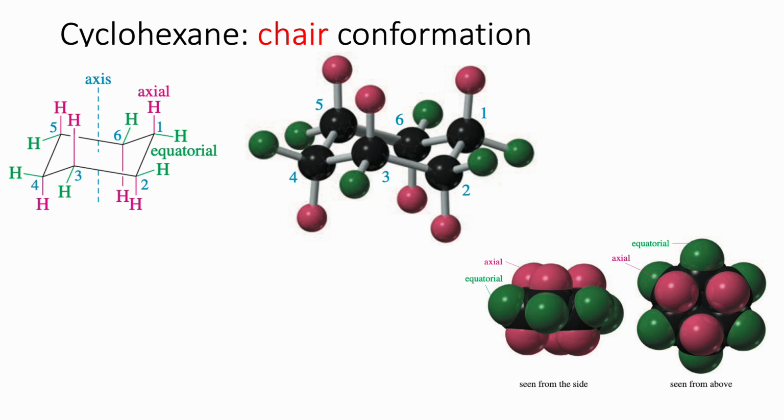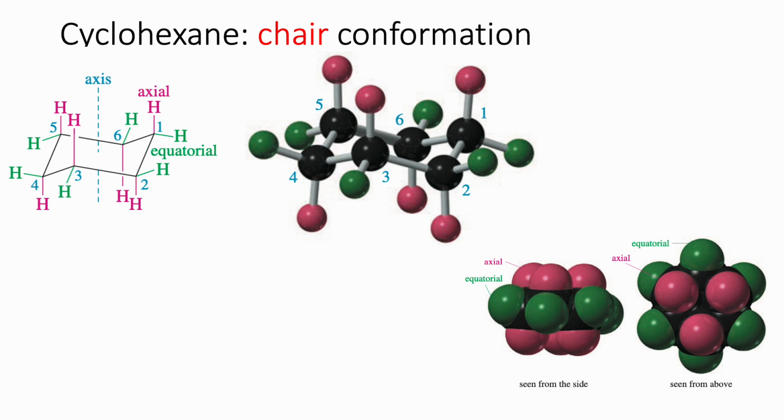When you look at the pink atoms on the left, the pink H's, they're all kind of pointing straight up and down, and you see they have the parallel pink lines. The bond is either pointing up, like 3, 5, and 1, or the pink line is pointing down, like in 2, 4, and 6. Those pink atoms have a relative position that we call axial. The axial position